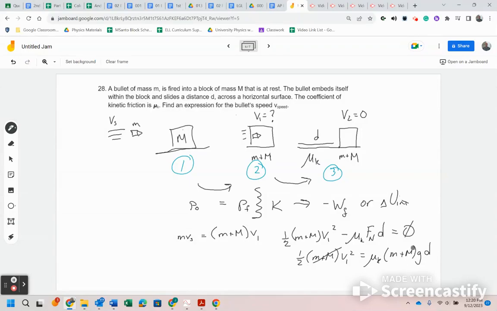Well, the quantity m plus M will divide out, multiply both sides by 2 and take the square root. I would get 2 mu k g d, and then take the square root of that. And then I could substitute that in, and I would find the speed equal to the quantity m plus M times radical 2 mu k g d, all divided by